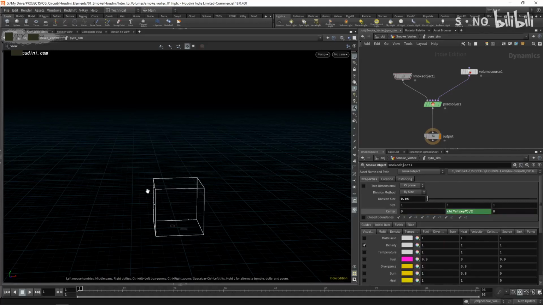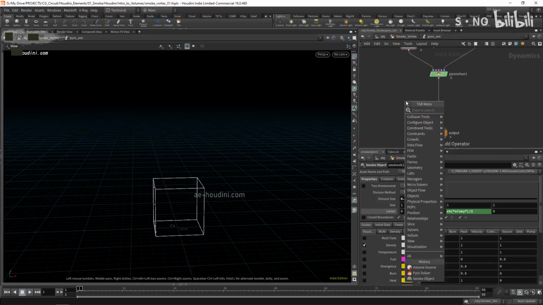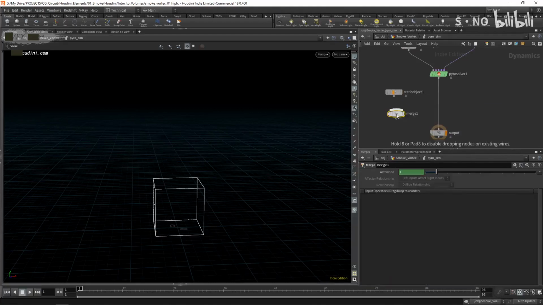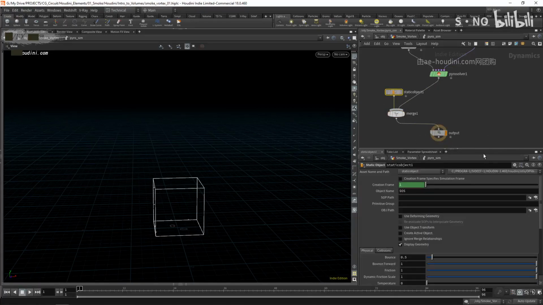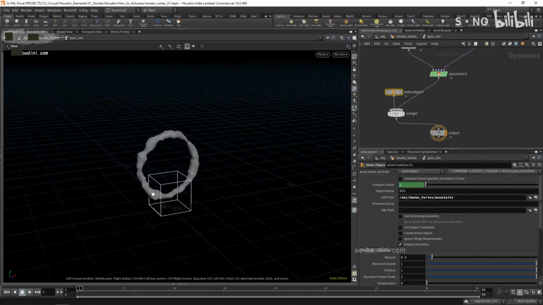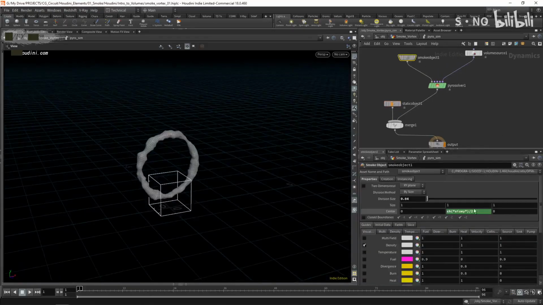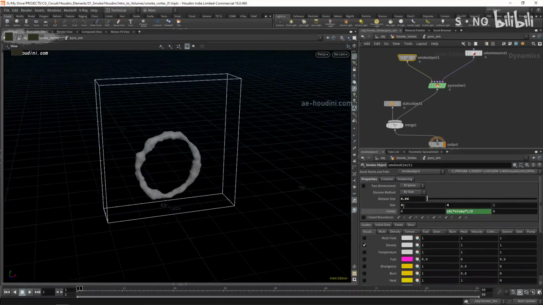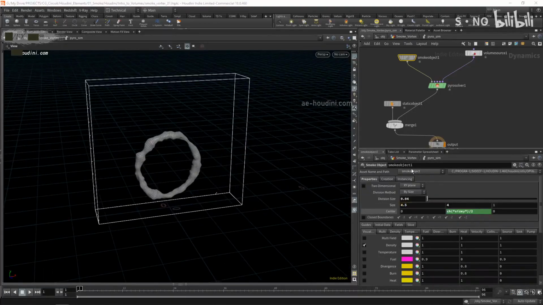If you want to have an idea of the size of the element here, you can do the same trick. So let's create a static object, and let's merge it into our simulation. And I'm just going to choose here on the static object, let's just choose the mountain, for instance, just so we have an idea of what's happening. And here in the smoke object, let's make this 4, should be enough. And here 4, probably not enough, maybe 4.5. And here maybe 4 as well,